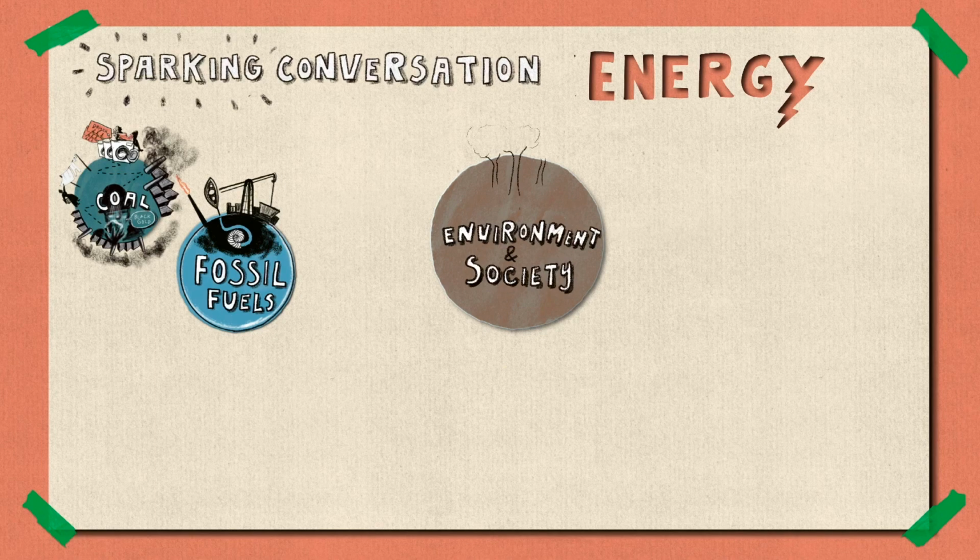Both the extraction and use of fossil fuels impact the environment and communities around the world. Firstly, to access fossil fuels, we need to extract or take out oil, gas, and coal from deep underground. The entire process uses a lot of energy and can cause air, water, and soil pollution, which can harm local